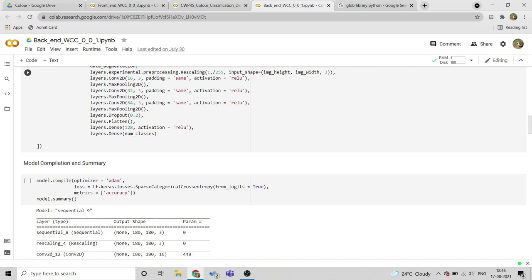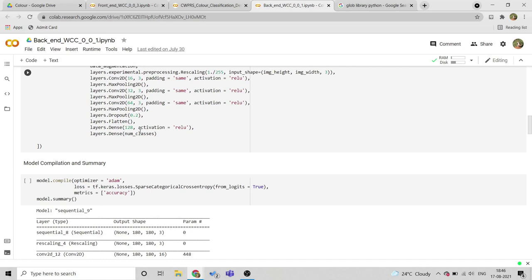Kernel basically is a matrix. After that, we have again introduced a max pooling layer to again downsample the image. Then again a convolutional layer. Over here, all of the activation layers are ReLU. After that, we have used a dropout layer, which is used where the model seems to be overfitting